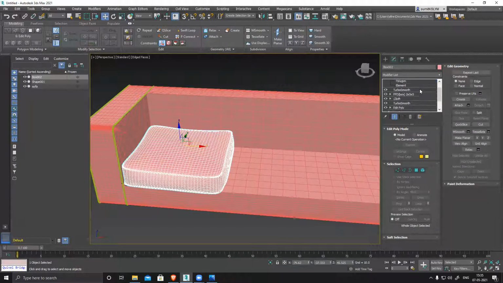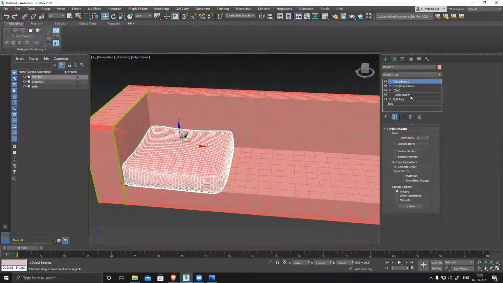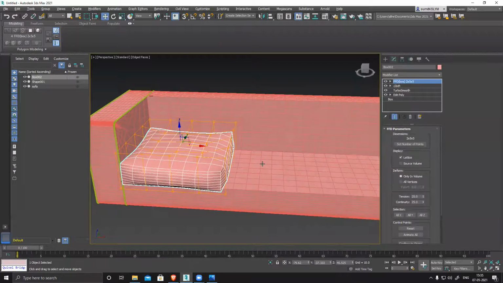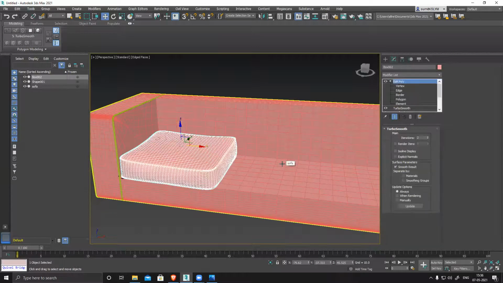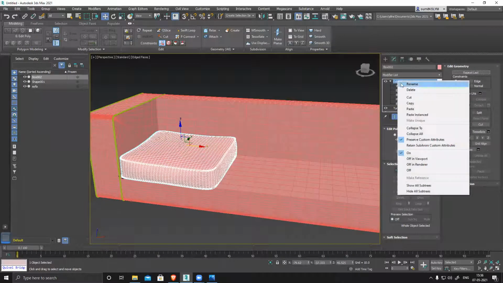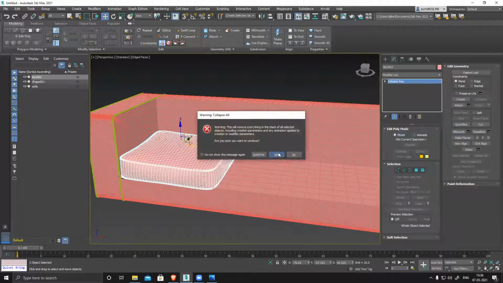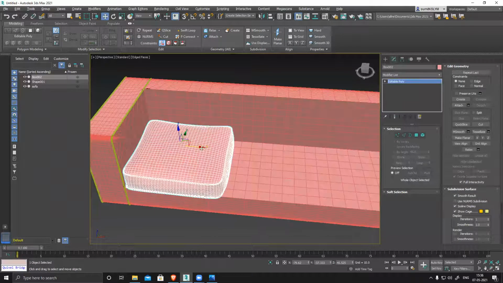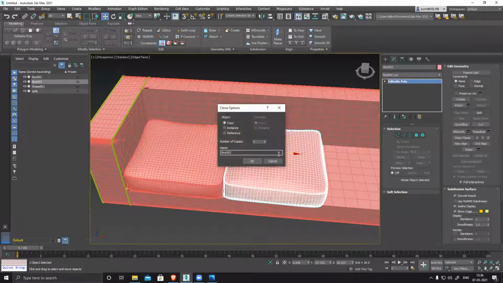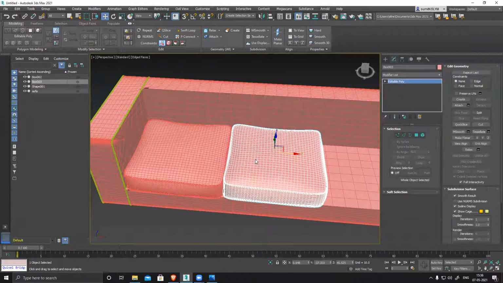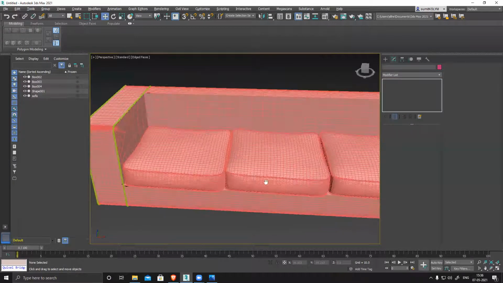Otherwise, you won't be able to go back to your shape. So I delete this, edit poly. So I have to right click, collapse all. Unless I collapse, if I duplicate, the cloth modifier will be reset again. Now it will retain the shape.